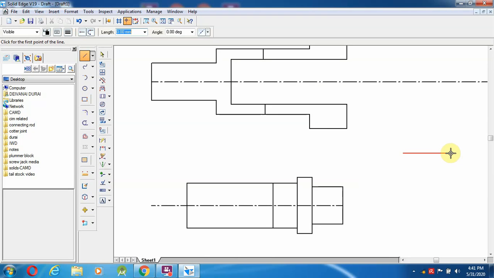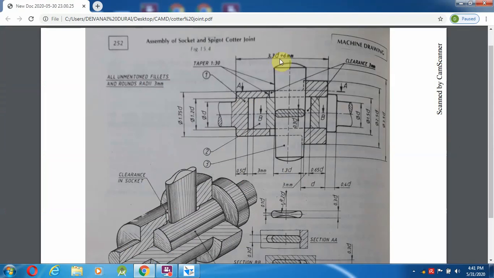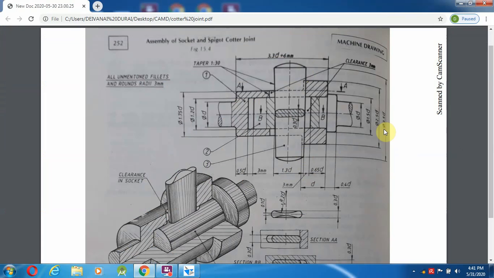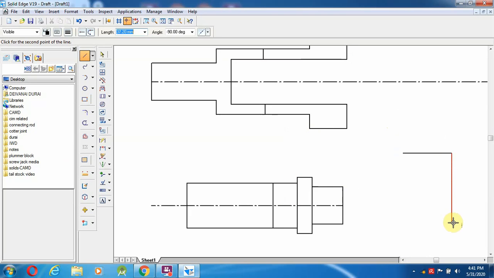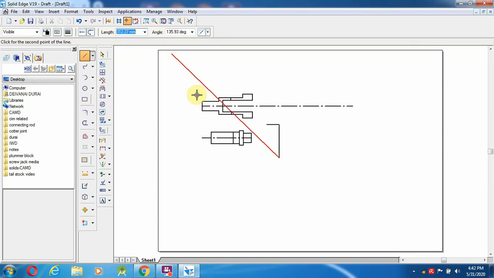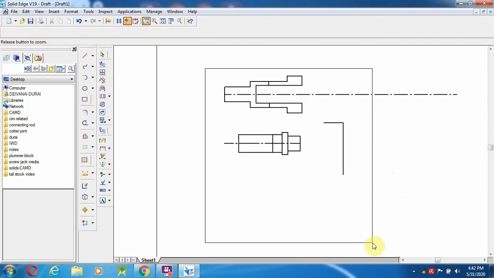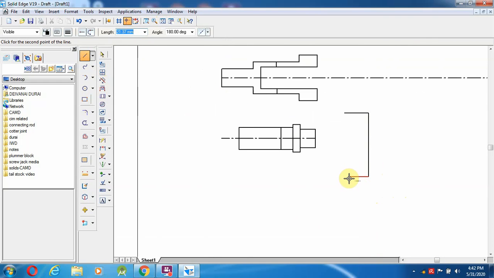Now towards down, how many mm do you have to go over here? That is the thing they provided, from here to here. That value is 3.5d. So 3.5d we are getting as 70 mm. So 3.5 into 20 we are getting as 70 mm. So go over here, give 70 and give fit, and zoom the particular thing only. After giving the 70 mm, going to draw a line from here to here.